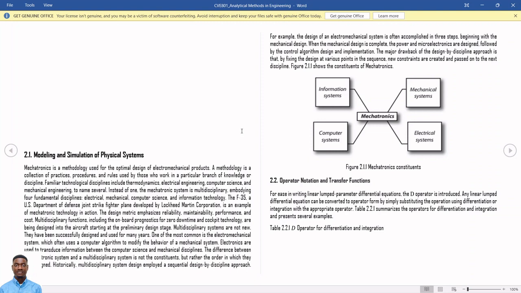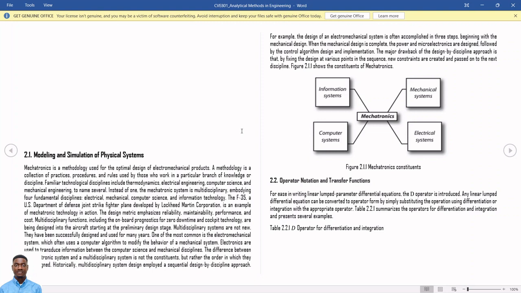So modern simulation is very important to understanding the behavior of any physical system before they are being created in real life, because that will save us a lot of time in trying to reconstruct and reshape the physical system, since we can model them and simulate them in computer environments. So it minimizes the time and the cost of building a system that will not work and having to reconstruct and remodify it before it can work properly.